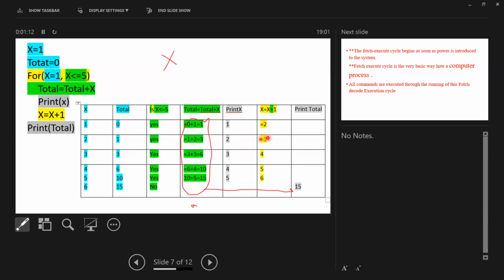So likewise, you will increment up to 3. Then the third iteration is also going on. Then the fourth iteration. While going on, when it comes to 6, it is not going to add there. So the fifth one, just look, 10 plus 5 equals 15. Then increment 1 to X, it becomes 6. So 6 is not lesser than or equal to 5. Therefore, print the 15. So at that moment, we have to store the data in the